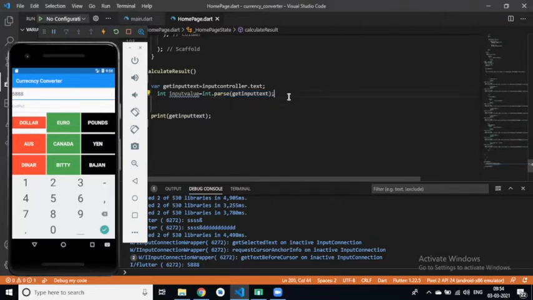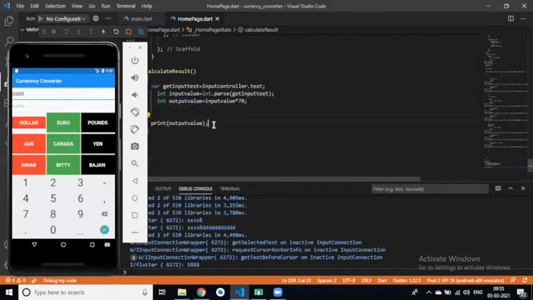So this will convert our string value into an integer value, right? And I want to perform some calculation on this input value. So I will take an integer, output value is equal to input value multiplied by 70, and print this output value.